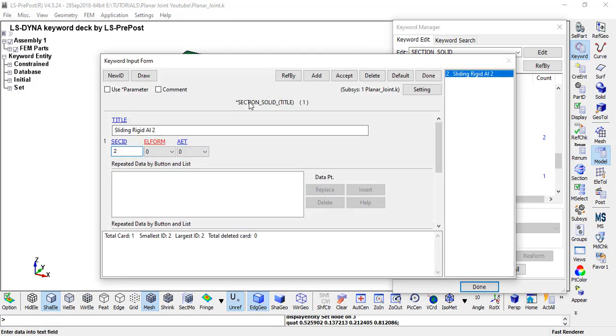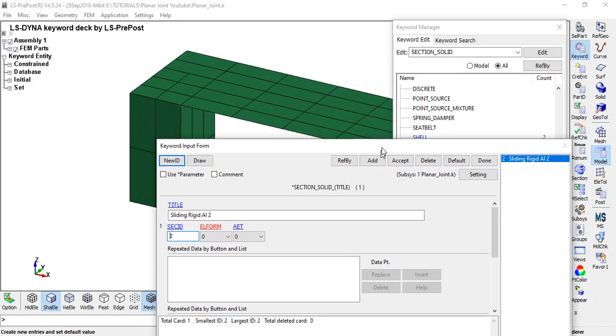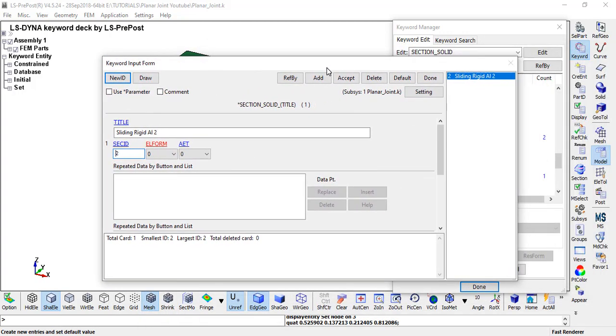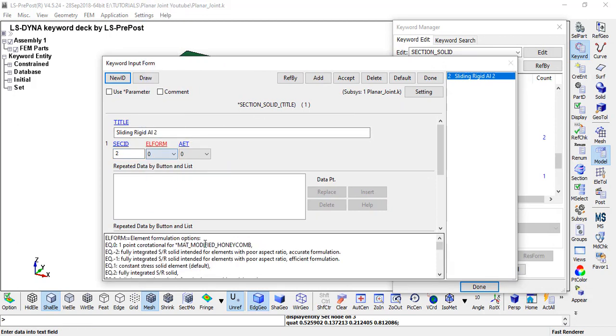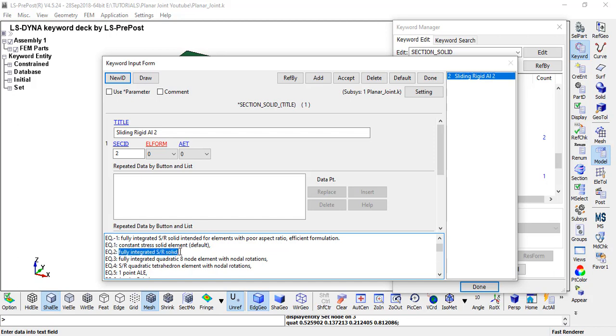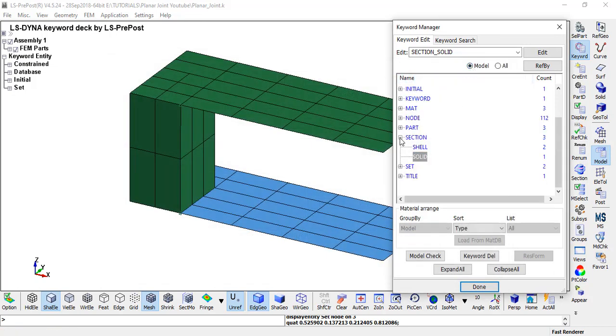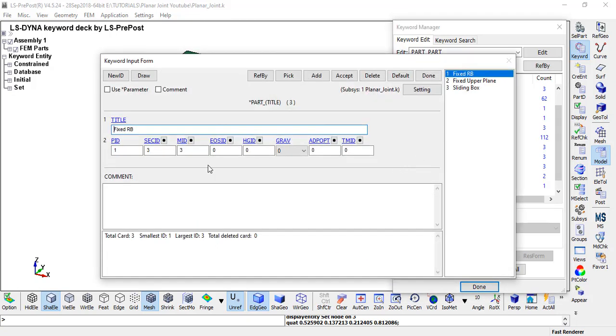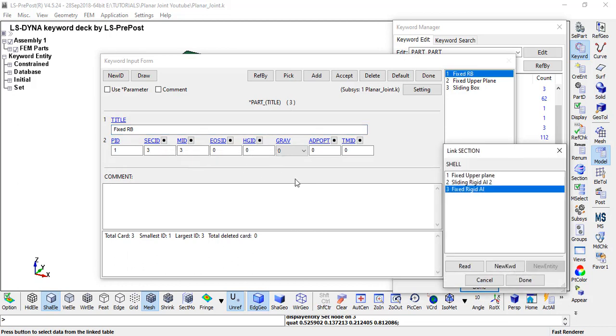Coming to the solid section for the sliding body, as we have taken the body to be solid, give the element formulation as modified honeycomb, or it's up to you. Element formulation 2 is very much accepted. After giving materials and sections, go to the part and give the section fixed. This is the fixed rigid body.